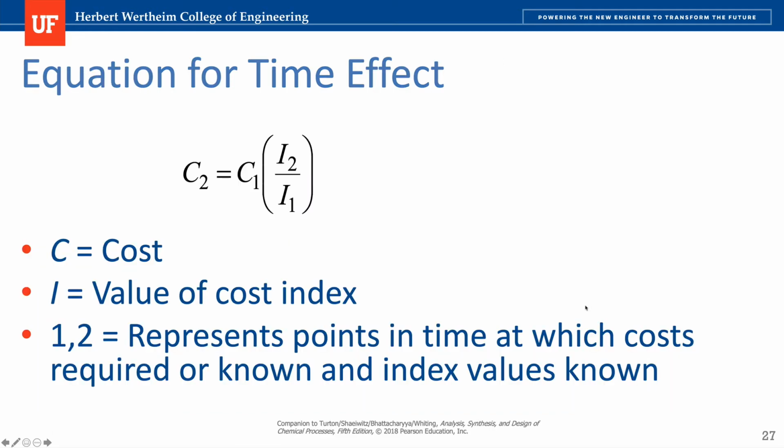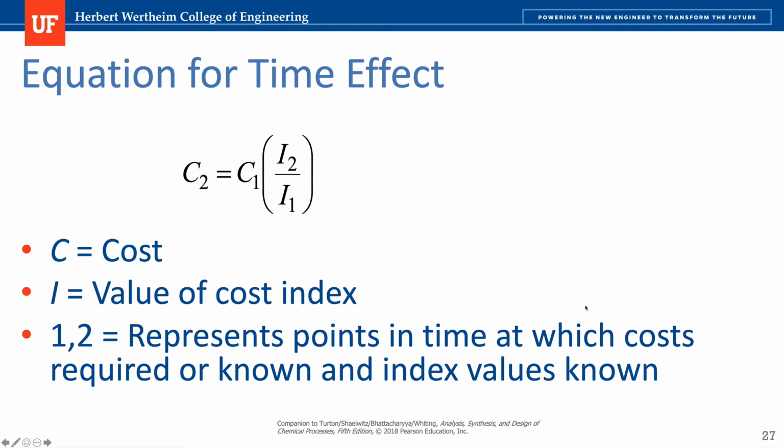So to relate the cost that you need with the cost of an equipment that you know and the corresponding CEPCI value, or cost index value, you can use this equation. Notice that it's really similar to the one with the exponent, but we don't have an exponent. Please be careful. But the idea is the same, right? You're trying to determine the cost at two different points in time. So let's say that we're trying to get the CEPCI value for 2021, right? 2021. You're going to use the 2 to represent that number, that cost for that year, and then the 1 will be the year that you have reference for.